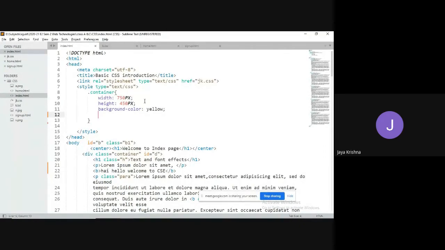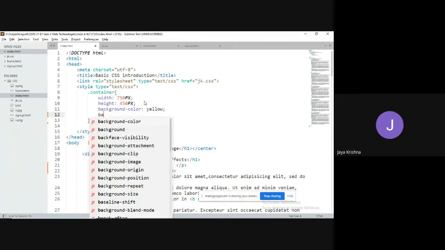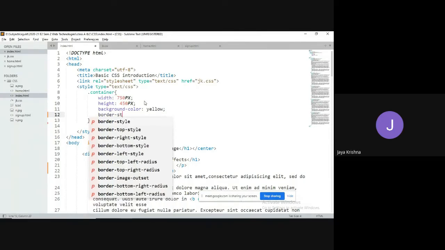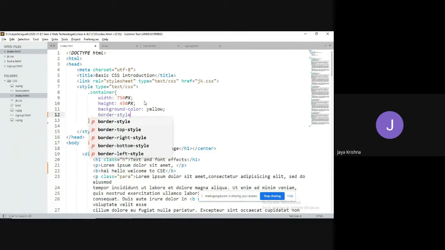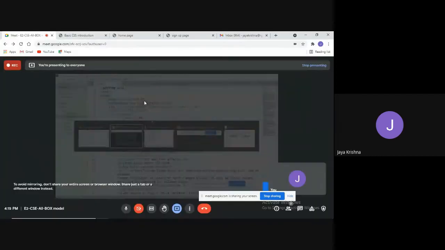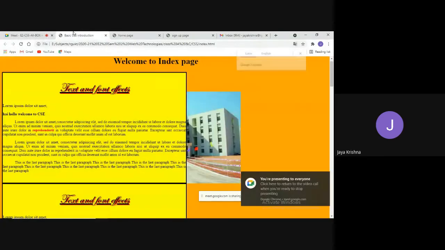Yes. If you would like to add some kind of border to an element, then you can go for a property called border property. And specifically, if you would like to add different types of styles to the border, then go for border style property. Border style equal to, I can go for a solid border. If you observe here, refresh, you'll get a solid border. By default, the color you got is black.